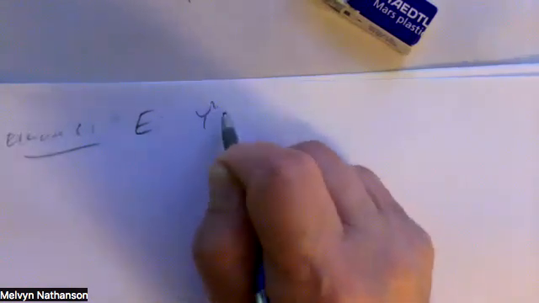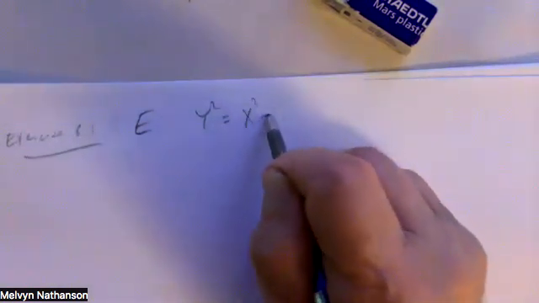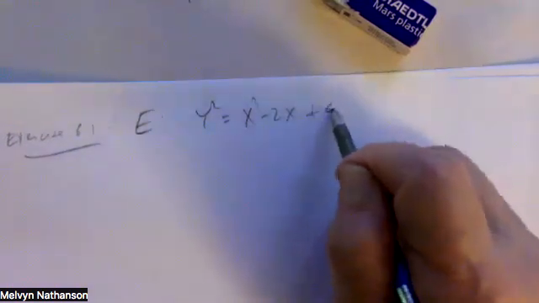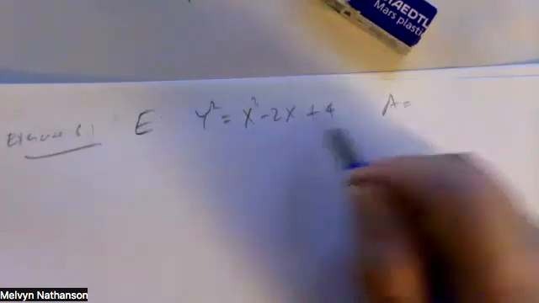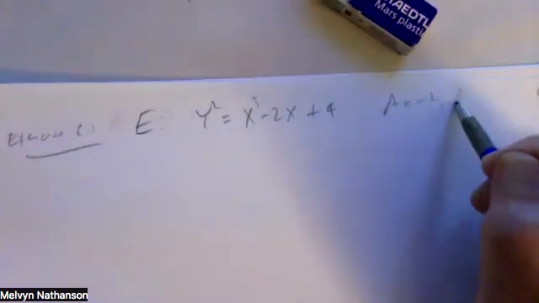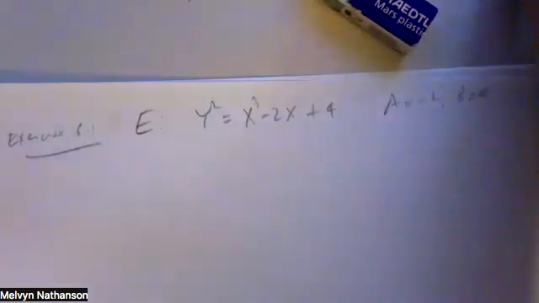This is exercise 6.1, in section 6. So we have the elliptic curve E: y squared equals x cubed minus 2x plus 4. So in this case, A is minus 2, B is 4,